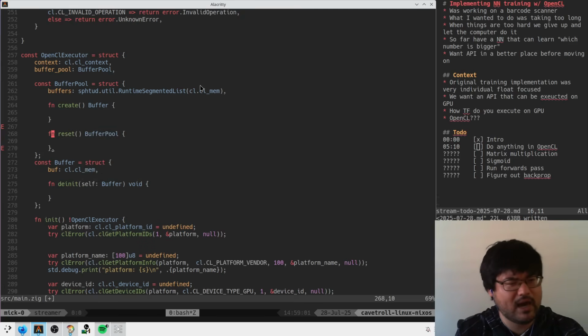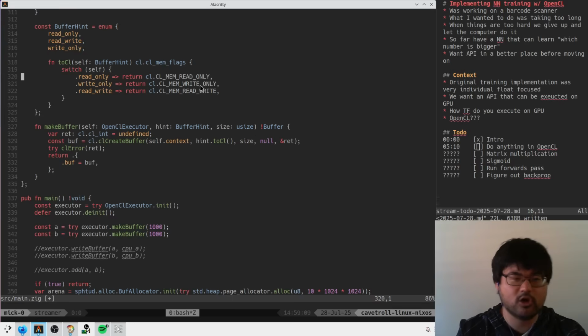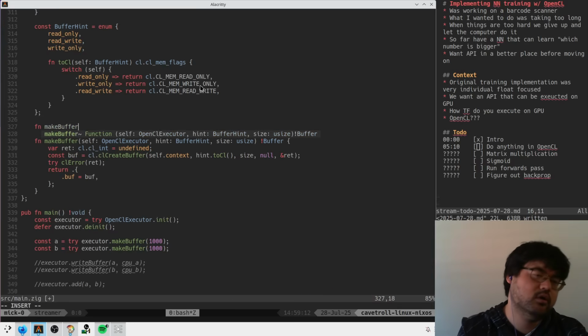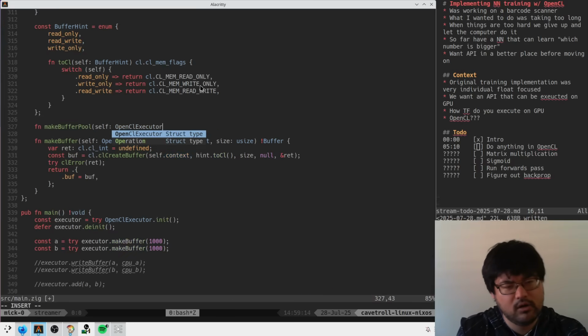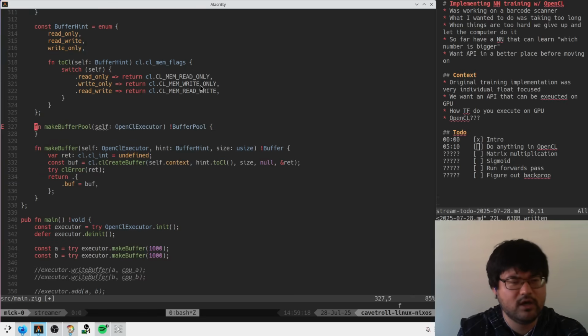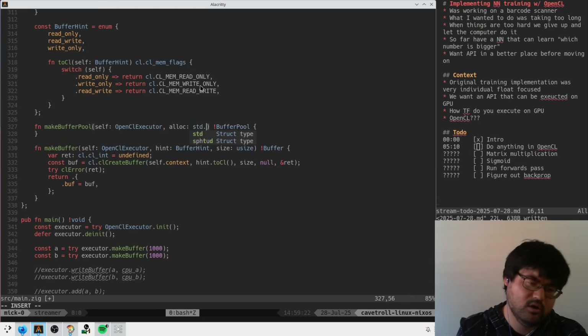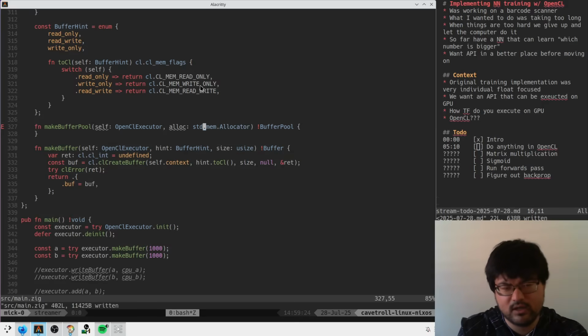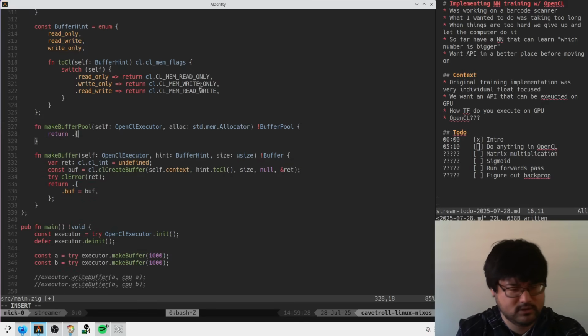Now, in reality, we might have many pools that have different lifetime scopes. So having this as part of the OpenCL executor doesn't make sense. He should be able to create pools, I think. I think that makes more sense for us. So we'll also say that he has some CPU allocator that he lives on, probably, and